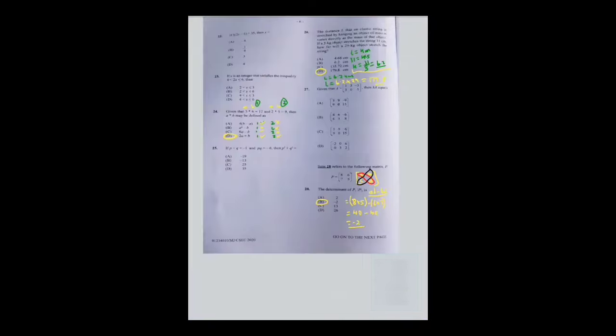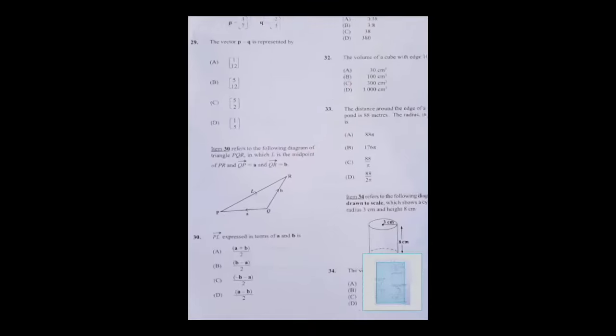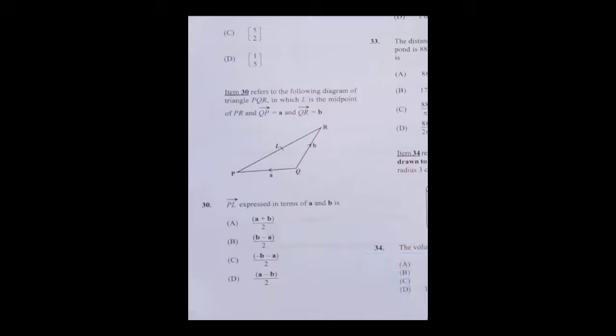Moving on to another question. Let's work question 30. Item 30 refers to the following diagram of triangle PQR, in which L is the midpoint of PR and QP equals A and QR equals B. 30. PL expressed in terms of A and B is,